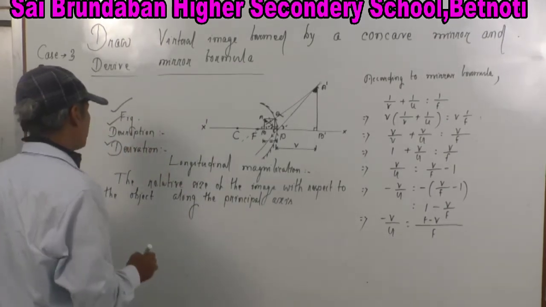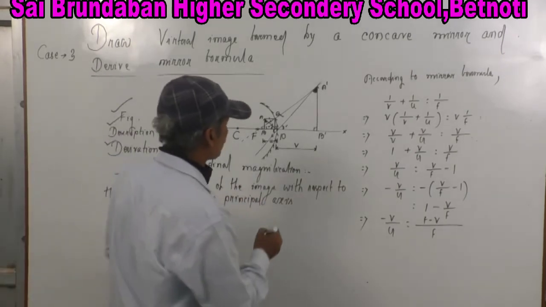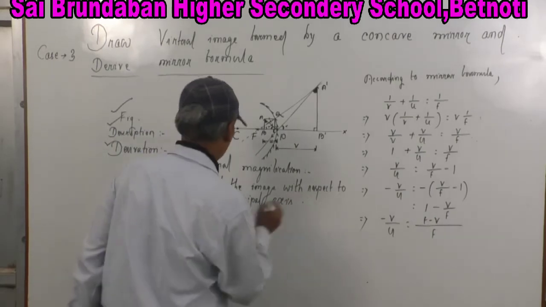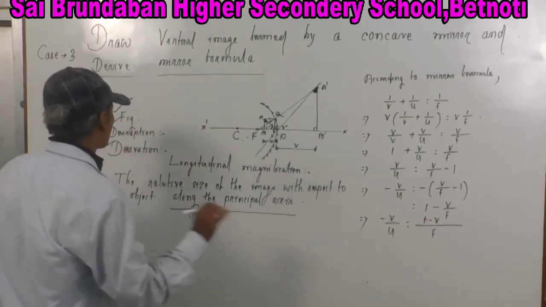Longitudinal magnification is defined as the relative size of the image with respect to the object along the principal axis. Along the principal axis. So one thing you remember,